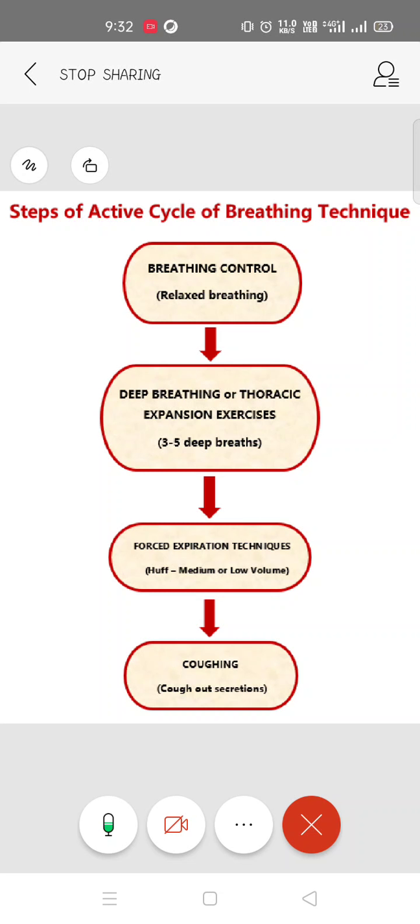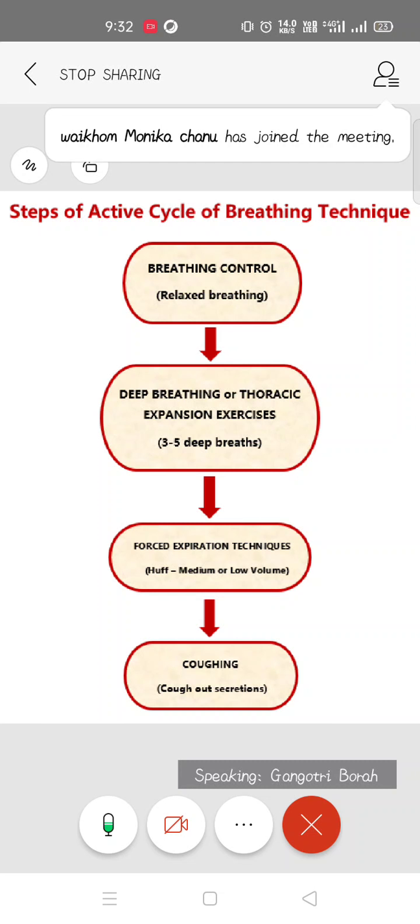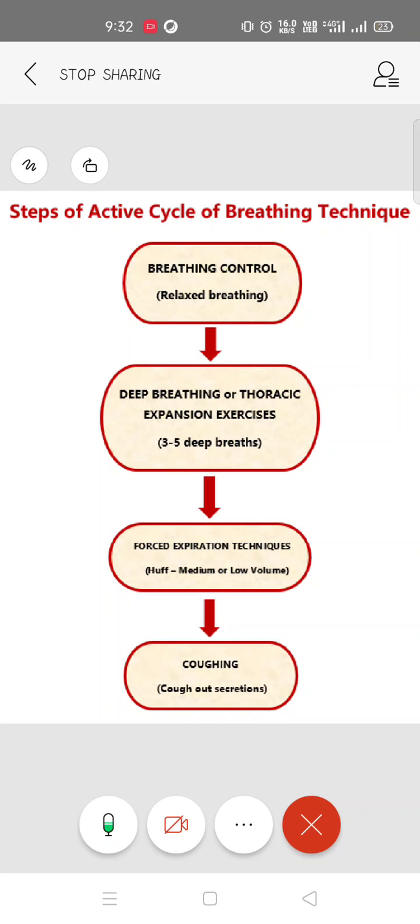maybe the sternocleidomastoid, okay, so these muscles also help in respiration. So when the main muscles of respiration, that is the diaphragm and intercostals, are not working well, when diaphragm and intercostals are not efficient enough to do a breathing technique, then your accessory muscles come into action, right? So if you allow the patient to relax his neck and shoulder muscle, that means he is relaxing the accessory muscles. So we ask to do this so that he does not use the accessory muscle. Okay, the only muscles that are used will be the primary muscles of respiration.